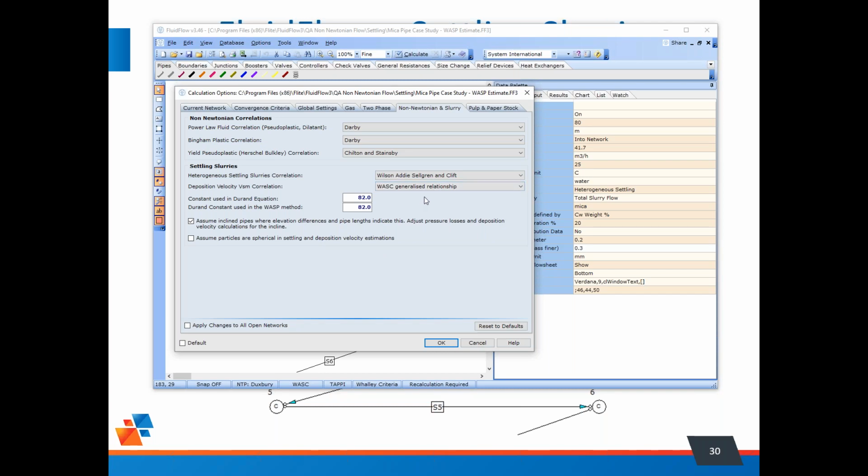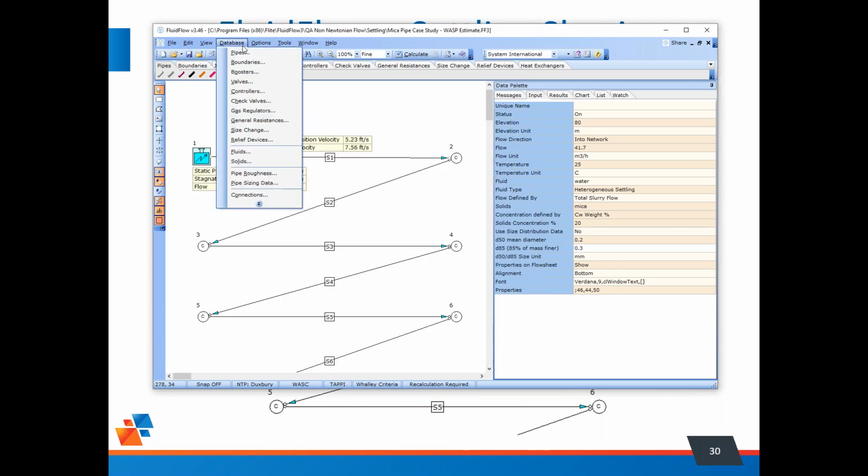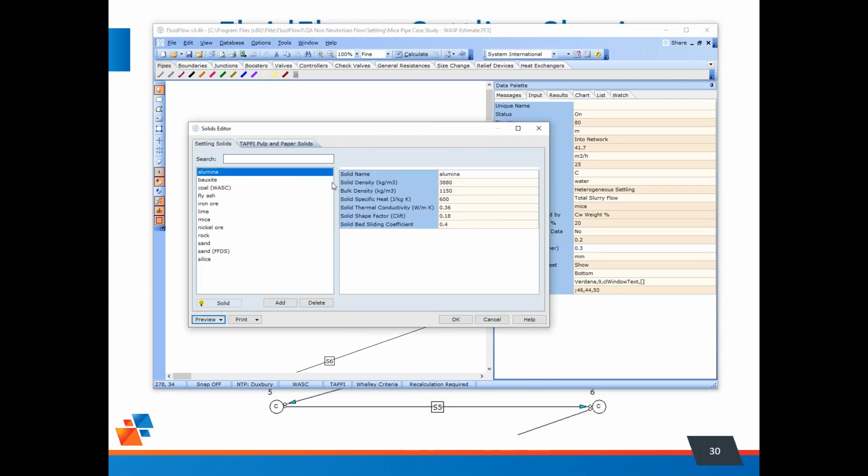Also the deposition velocity, the VSM correlation using the WASC generalized relationship. As far as the solids database, I'm just going to go to database solids here for a second. So here's Mica, and we have the solid density and bulk density, the solid shape factor, and the bed sliding coefficient. Okay, so that's where you'd be inserting your